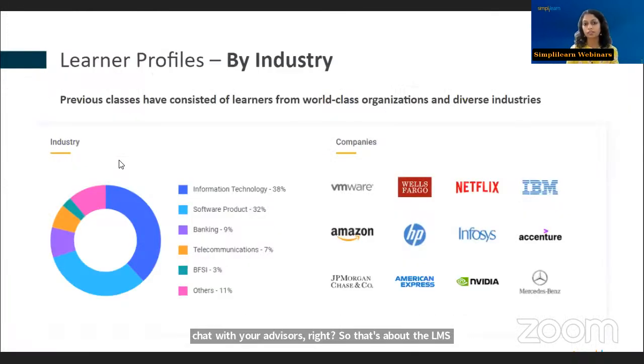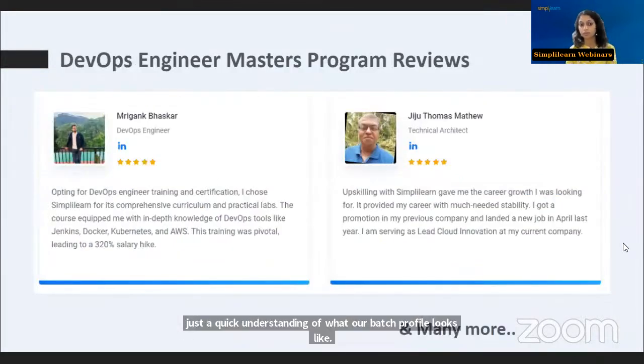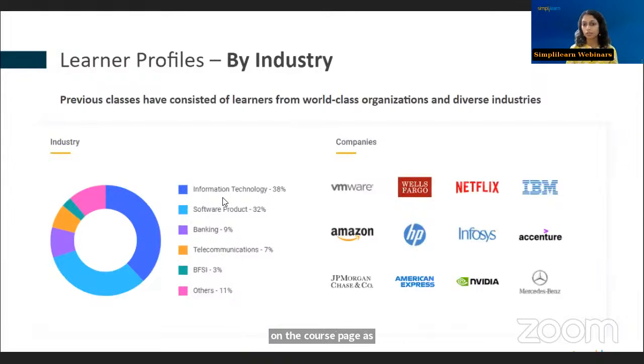Now, just a quick understanding of what our batch profile looks like. There are many success stories for this particular program, and you can check them out on the course page as well. But just to give you clarity: you could be from any background and still take this course and find relevant opportunities in the DevOps industry. You don't have to be from the IT industry. As you can see, nearly 38% of them